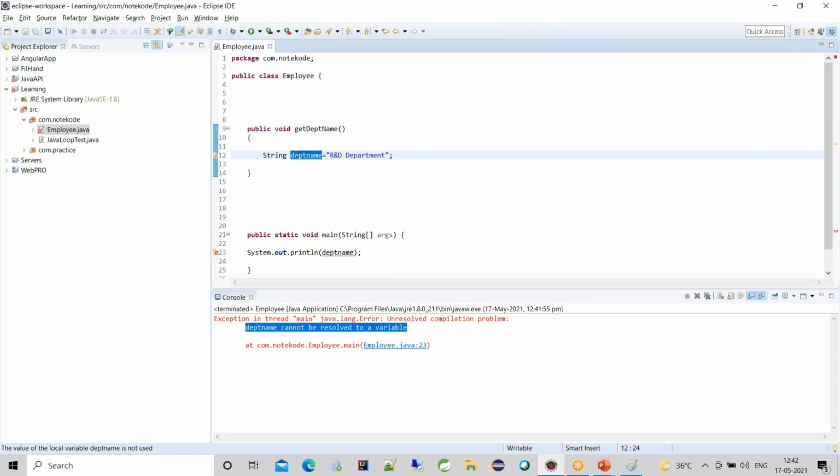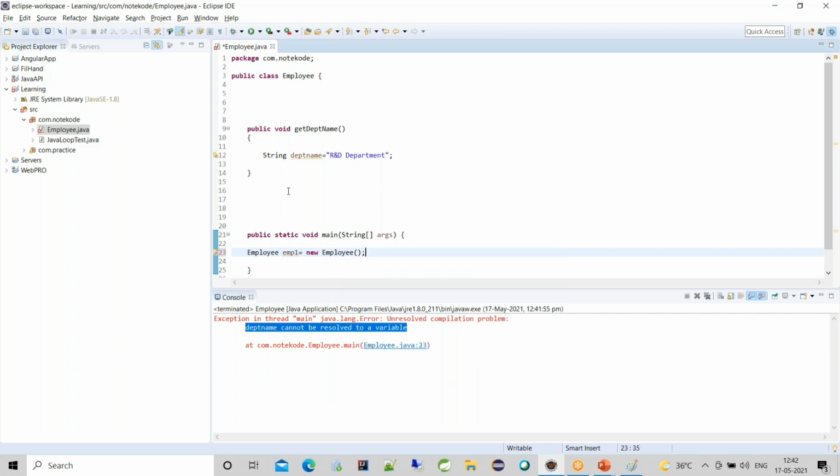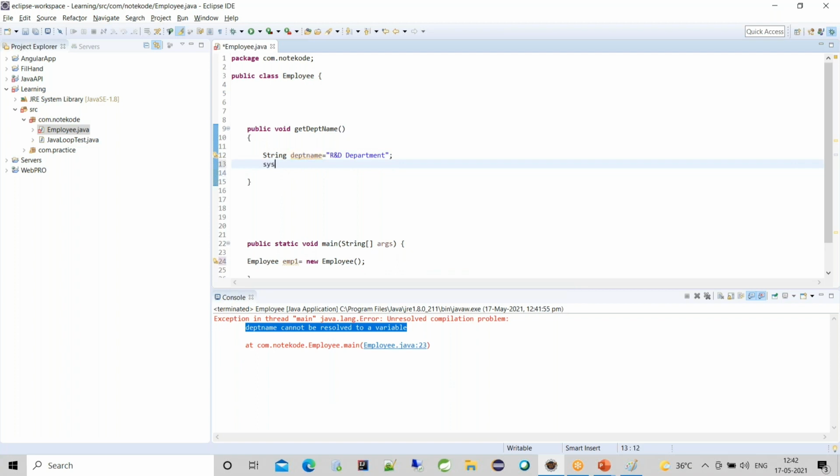To print this department name, we have to create the object of this employee class. Let's create an object, employee, and inside this I have to give a print statement to print the department name.